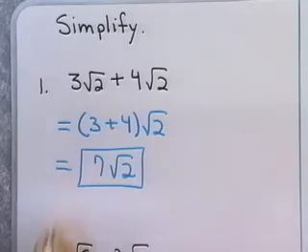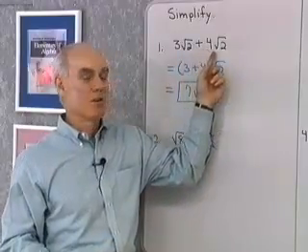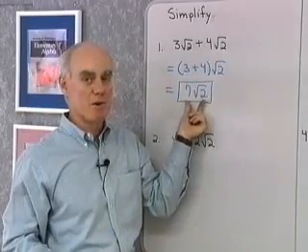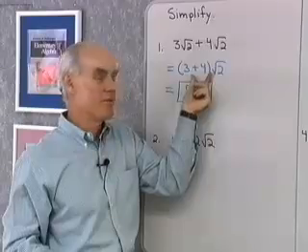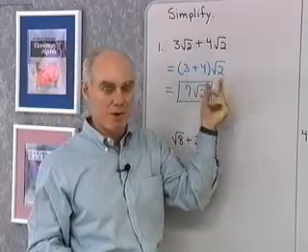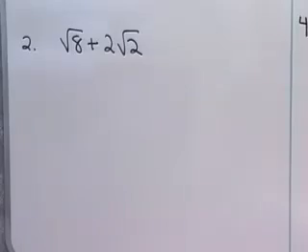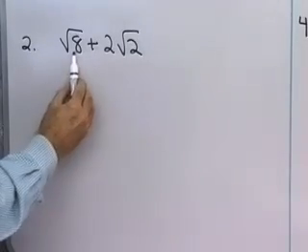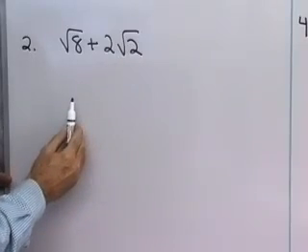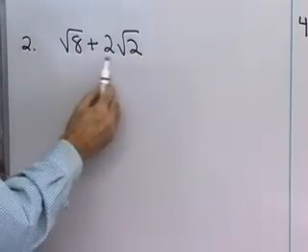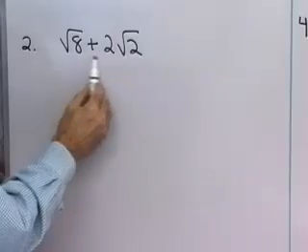So just the way we would think of this intuitively, 3 square root 2's plus another 4 square root 2's must be 7 square root 2. And you can see we can justify that by using that distributive property. So the only way that I can add radical expressions is if I have the same radical in 2 or more terms. I won't know if I have the same radical in 2 or more terms till I put each term in